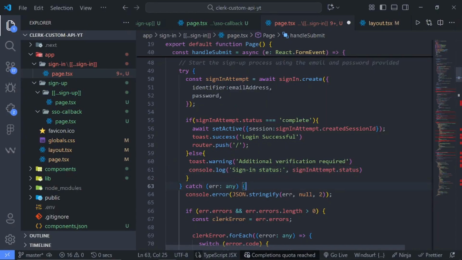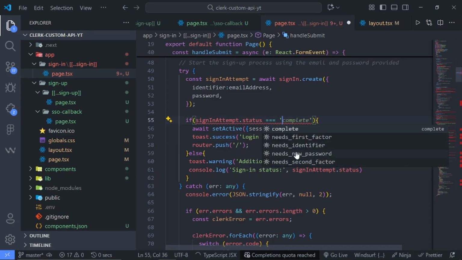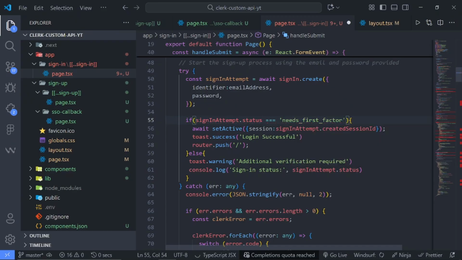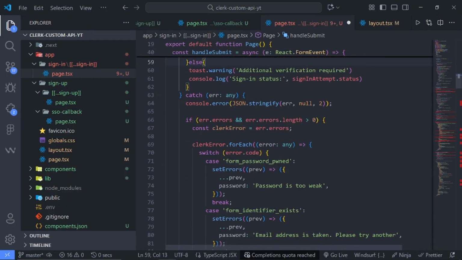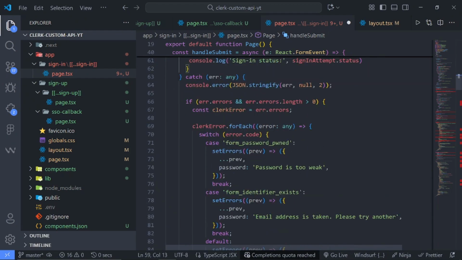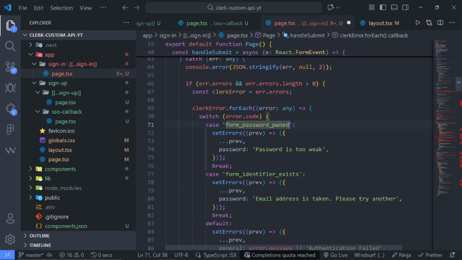But basically, we're not going to get to this part because the status we're looking for is complete. And if I get rid of this complete and hit Control space bar, you can see other statuses. So if it's something like this one now, we will definitely get to this else block. So for this part, I'm going to leave it like this, but for the error code, I already have them outlined. So we will check for something called strategy